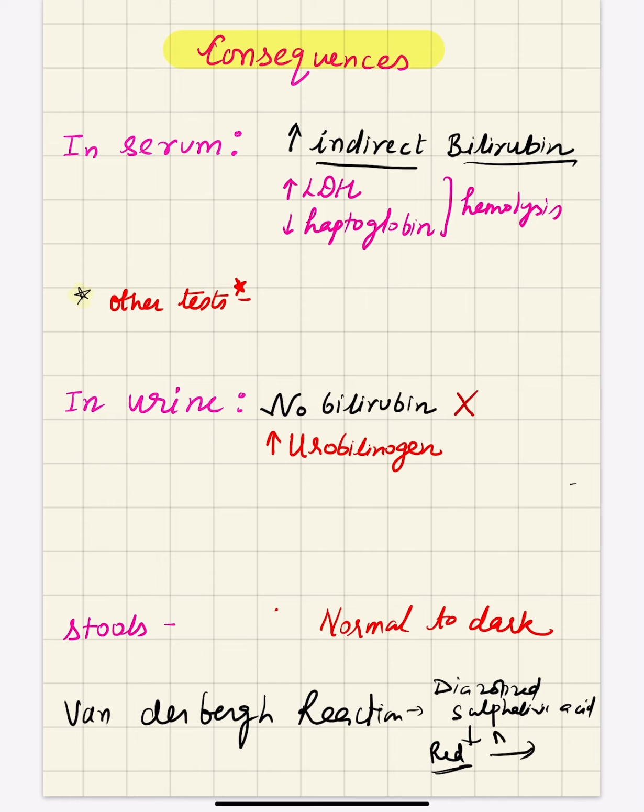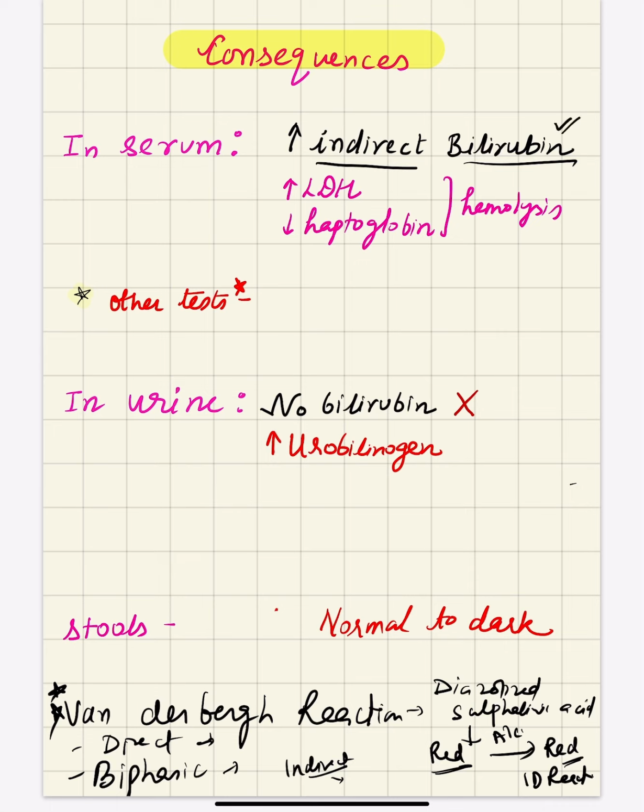And if we further add alcohol to it, and then after that it gives the red color, that is known as the indirect reaction. And if it is giving color at both the phases, then it is known as the biphasic reaction. So there are three types of reaction: direct, given by the conjugated bilirubin; biphasic, given by both conjugated and unconjugated bilirubin in the serum; and the indirect reaction, which is given when there is predominantly unconjugated bilirubin in the serum. So this was the reason why it is called indirect bilirubin.